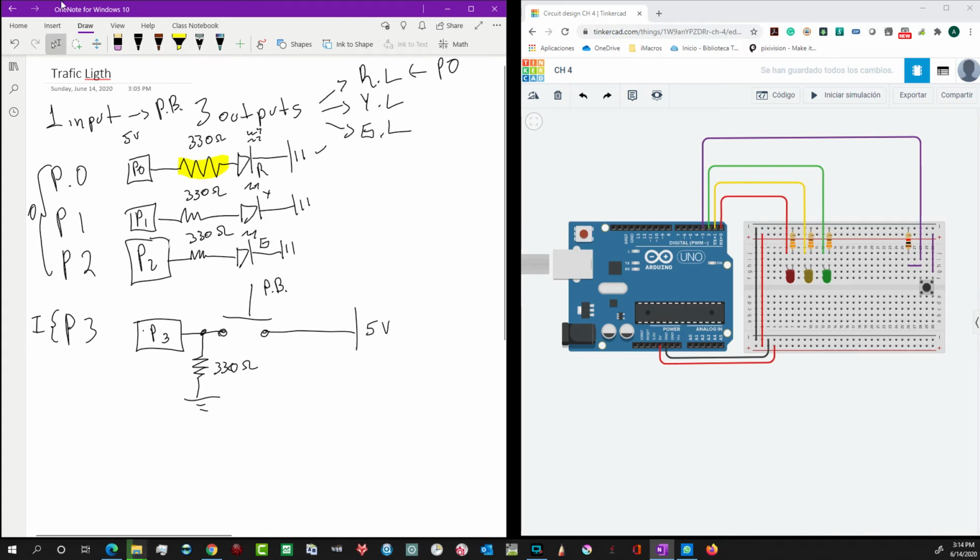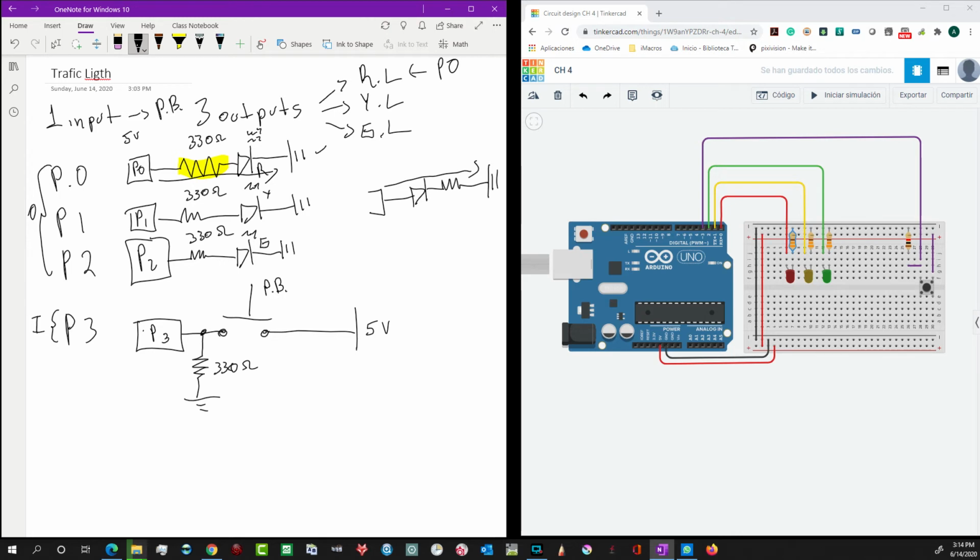And here in my circuit, I used the resistance after the LED. In this case, there is no problem, and I wanted to do this because I want to show you that there is no problem. Actually, it's exactly the same if I have my port, my LED, and my resistance. It's exactly the same. You see? The quantity of electrons moving through this element is exactly the same as the electrons moving through this element, because